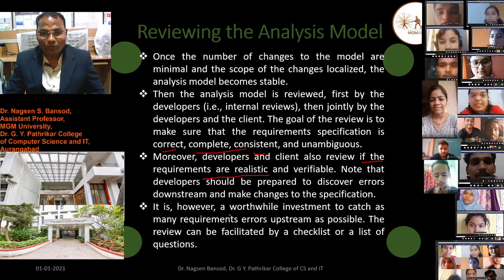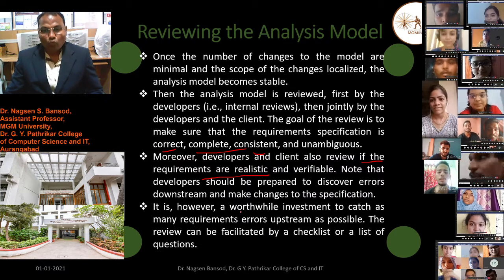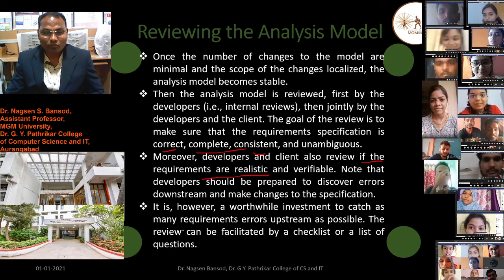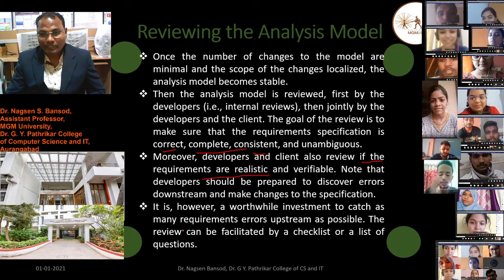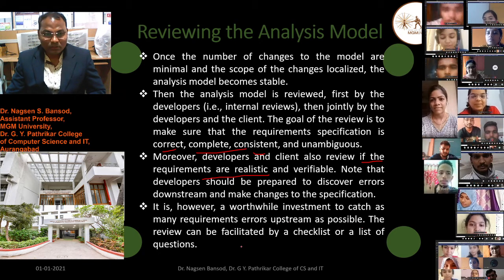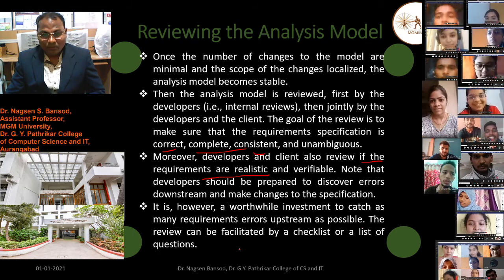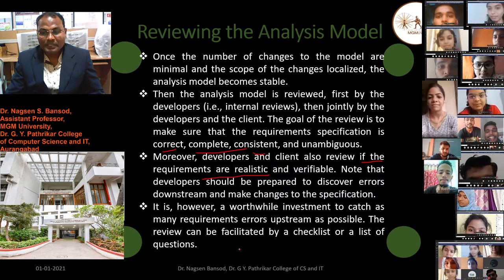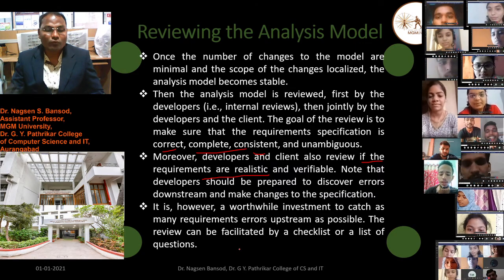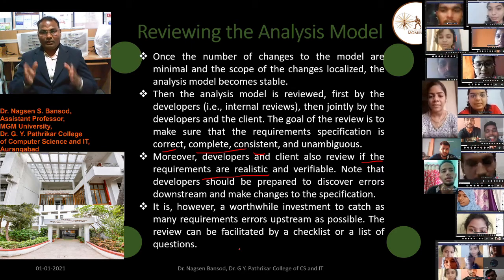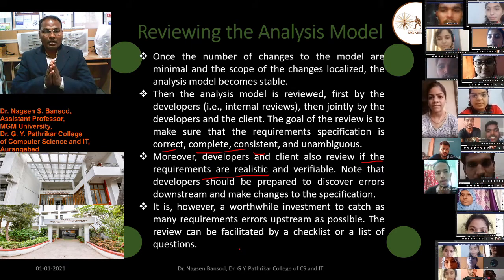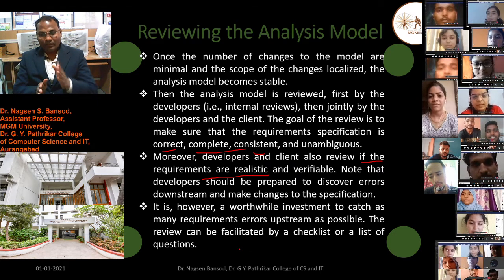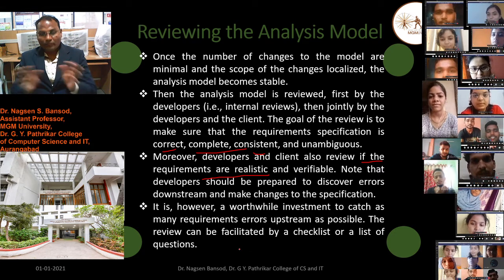It is, however, a worthwhile investment to catch as many requirement errors upstream as possible. The review can be facilitated by a checklist or a list of questions. How can we review the model, how can we make error free information?